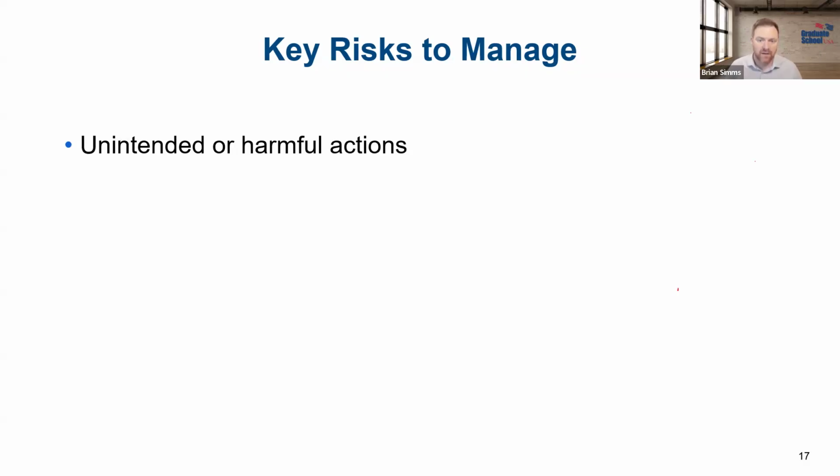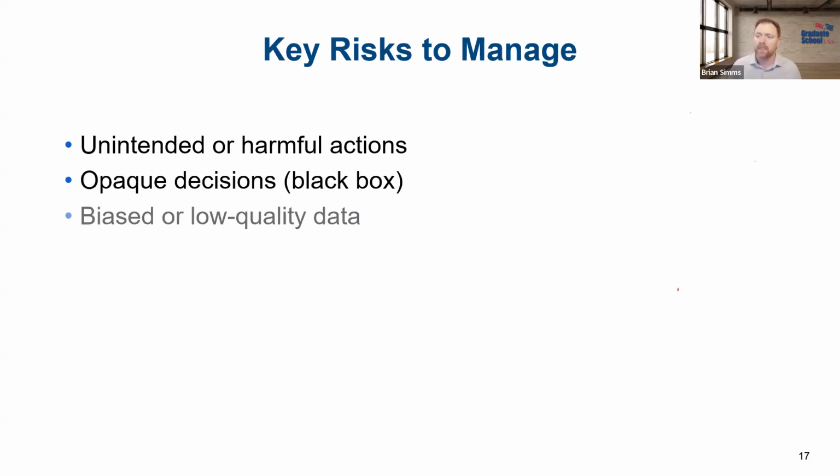So boundaries and monitoring are set up to be a safeguard. And again, we'll talk more about that in the next slide. Opaque decisions, which I just mentioned, right? Often, especially in public service, we have to explain why a decision was made. And some AI models can't do that or don't do that very clearly. So again, we'll address this on the next slide as well, but it's a risk, right? Biased or low quality data, like we mentioned earlier, because it's always learning from historical data, right? So this is a risk. What do we do about it?